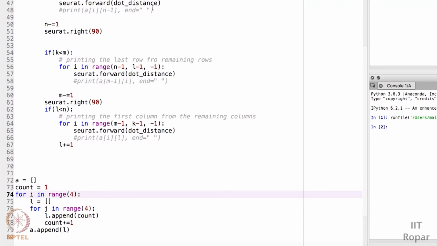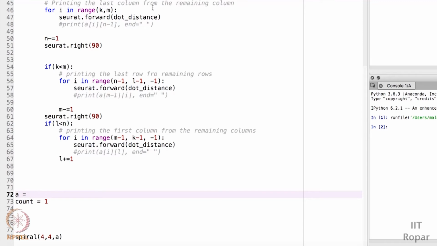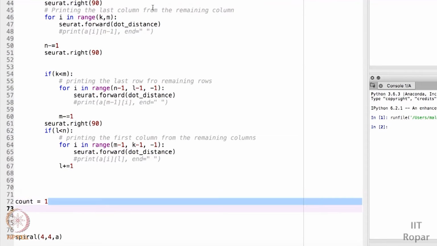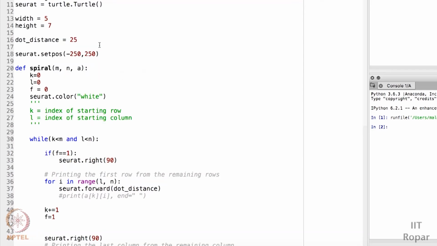So now I don't need all of these arrays because I am not printing any of the array, nor do I need this count value. I just have to call this. Let me change the parameters here.